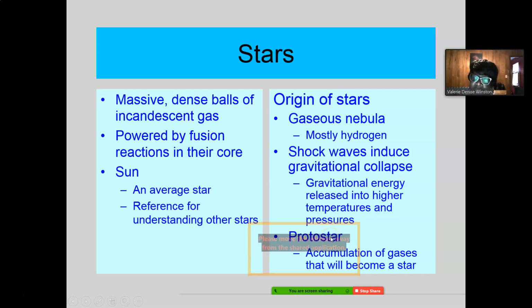Now this is forming what they call a protostar. This protostar is not yet a star. Think of that as a pre-star, a protostar, before the star. It's now an accumulation of gases that will become a star. When it's that gaseous nebula there, that may or may not ever become a star.